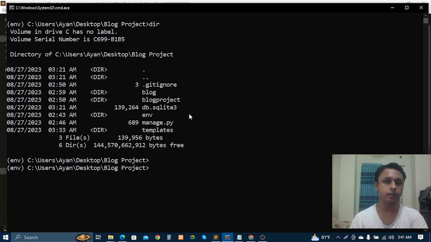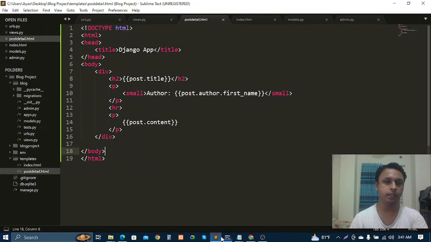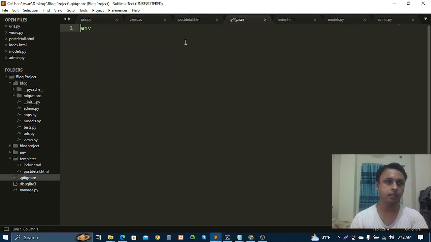A few things I really don't want to add here are the environment and the db.sqlite, which reminds me that I have already added .gitignore here, and I have added the environment folder not to be tracked by the git software, and I also need to ignore this db.sqlite file